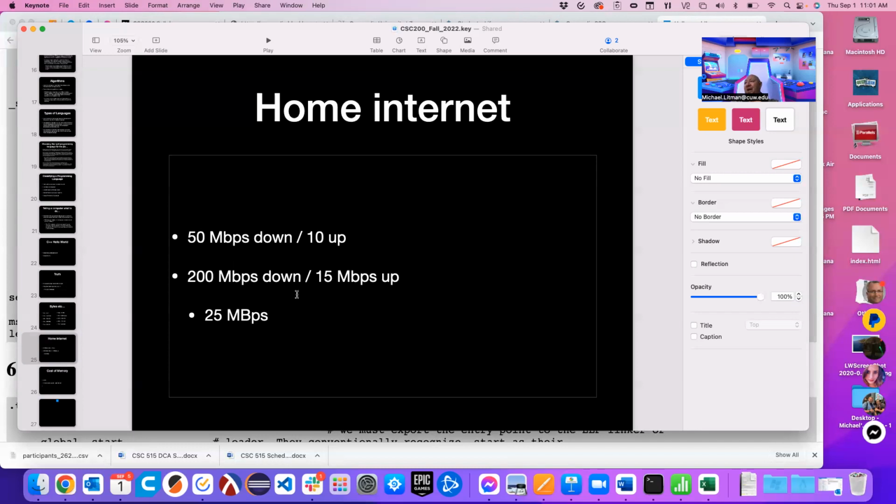But if you have more people in the house that are all using the internet for different things, then you've got to think about all your extra devices, your Alexas, and we have YouTube TV and all our cell phones are on it and it's checking your emails. You have all these smart devices around the house that are using part of your bandwidth. Realistically, 200 megabits per second is probably fine for most people. Even if you had 50 megabit per second internet, that's still fine for most people.